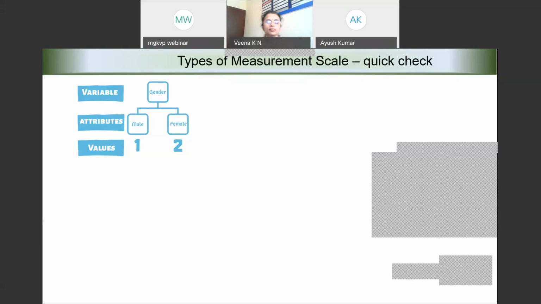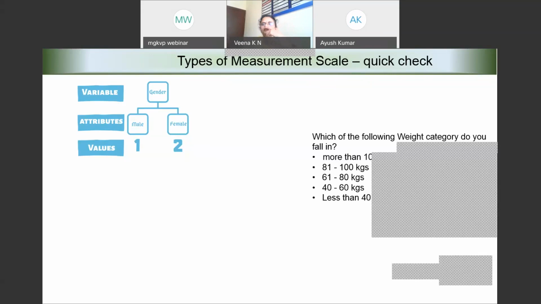Yes, the answer is nominal because gender, we are categorizing it as male and female, but that's only differentiating group 1 with group 2, but it does not show the direction of difference or the gap between the difference. We don't have any such things here. And even when we talk about 1 and 2, it is we who are giving it as 1 and 2. I can always say male is 2 and female is 1, right? It does not really matter.